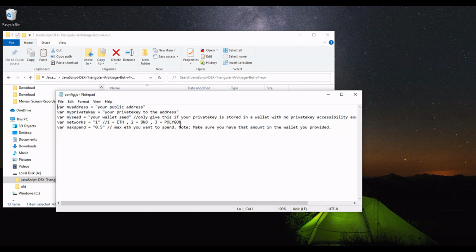Now, down here, the person who made this program gave you an option to put in your wallet seed if you have a private key that's not easily accessible, like a hardware wallet. I didn't have that problem, so I can't really tell you how good that worked. For the network, I used 1, and I actually kept the default of the